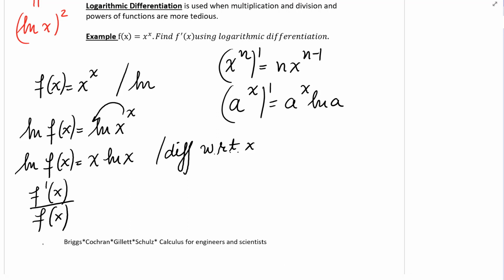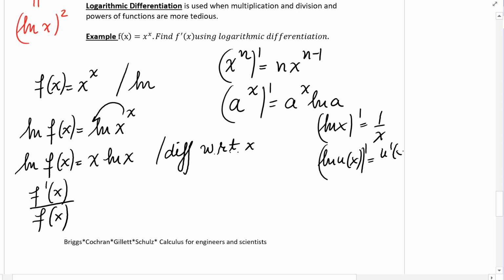Think of ln of x prime is 1 over x, but ln of u of x prime is u prime of x over u of x. Well, I don't have u, I have f. Equals, and here I have two functions, so I'm going to use product rule. So it's x prime, which is 1, times ln of x,